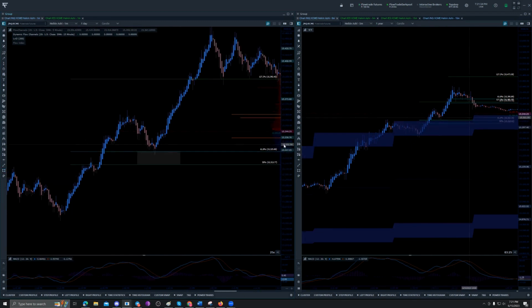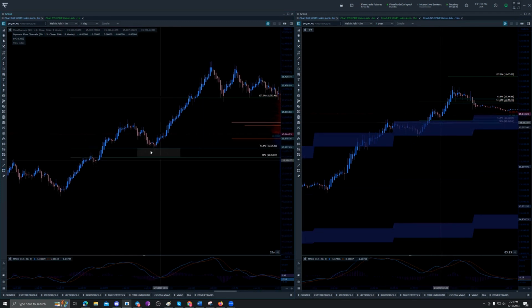So along the lines of this and executing on this trade, there's a lot of things that go into this. And the first is this zone is the trade entry. So we have a little bit bigger of a zone here. So most people are going to treat it like,